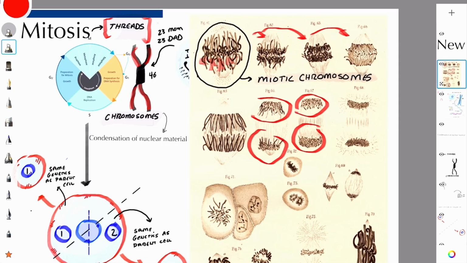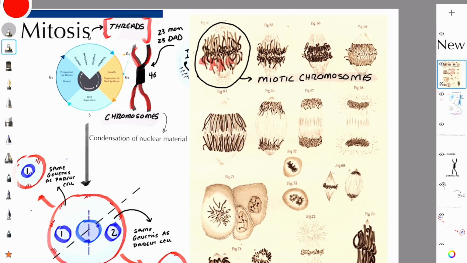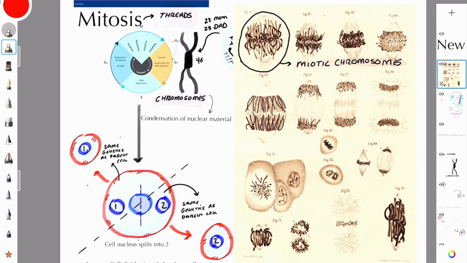So I'm showing you that to give you more information on why we call mitosis threads. At the end of the day, we're talking about how this genetic information coming from a single cell has to be split into two cells, which we call cell division or mitosis,